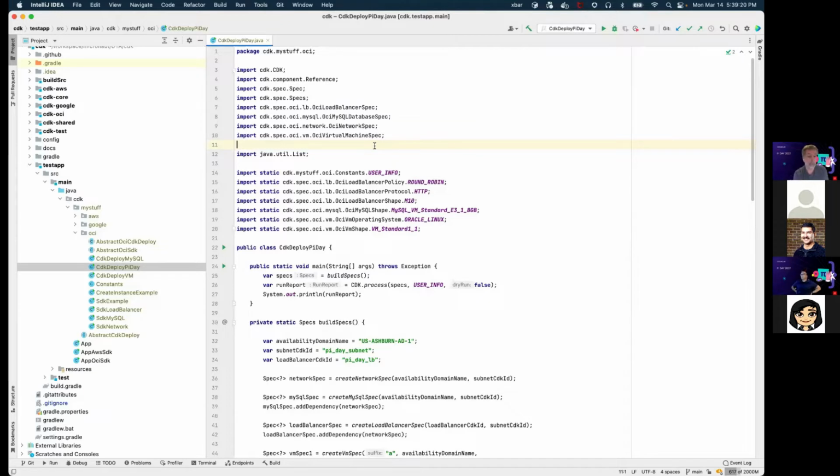Now, right now we don't support updates because this project is still in its infancy. But eventually what we'll do is say it exists, but it's different from what we want. So let's modify it. It's got, say, 8 gigs of memory, we want to bump it up to 16. So we make that tweak, and that's all we have to do. Or it's not there at all, so we provision it, attach it to a subnet, and maybe put it in a load balancer,